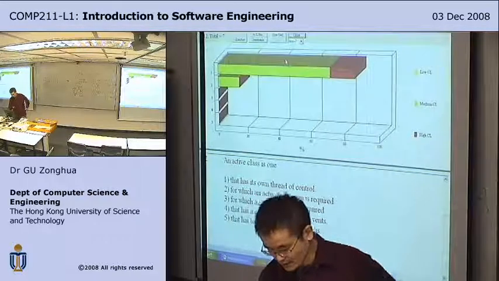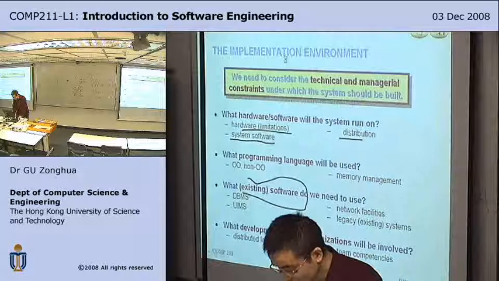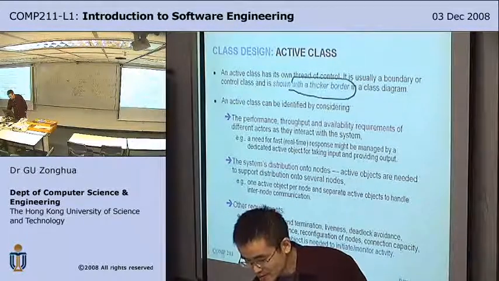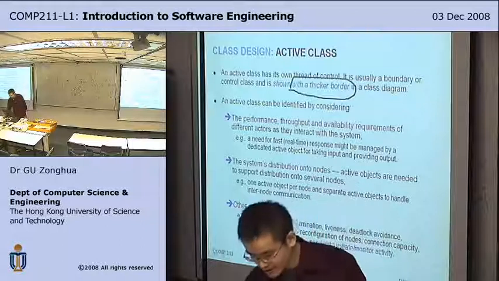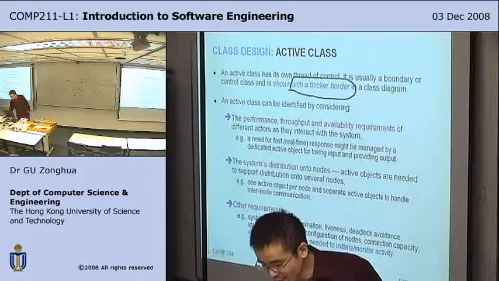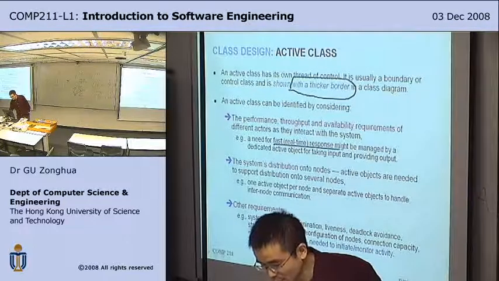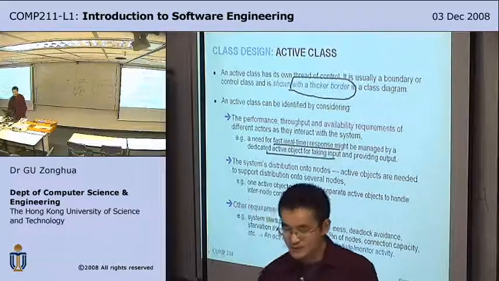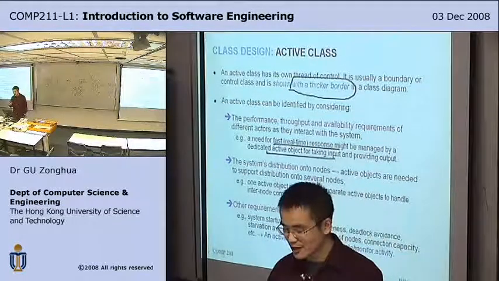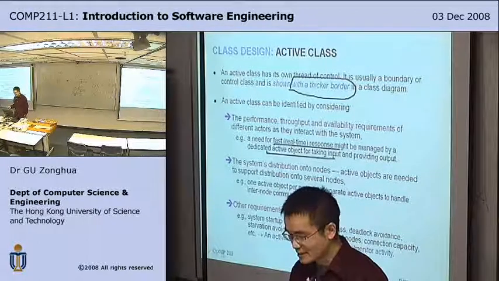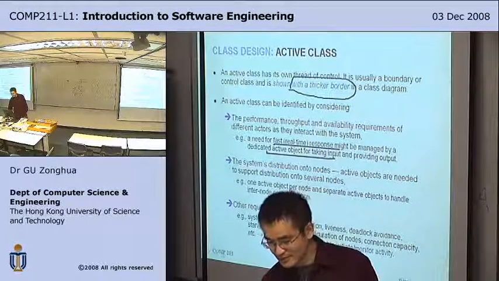right, so has its own thread of control. It's shown with a thick border in the class diagram as a tradition. So it can be identified by performance, throughput, and other requirements. So if you have fast response requirement, you may need to dedicate an active object for taking input and providing output. Because it has own thread of control, it doesn't have to wait for other objects. And you give it a high priority, it can